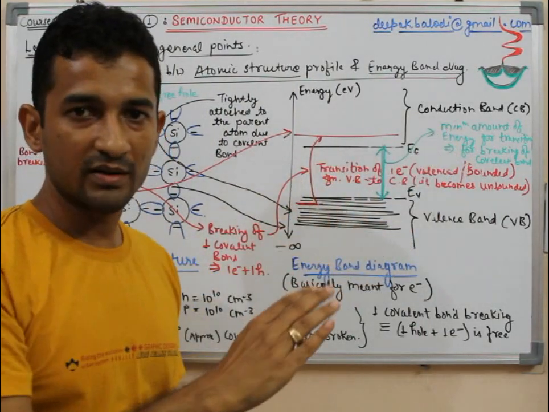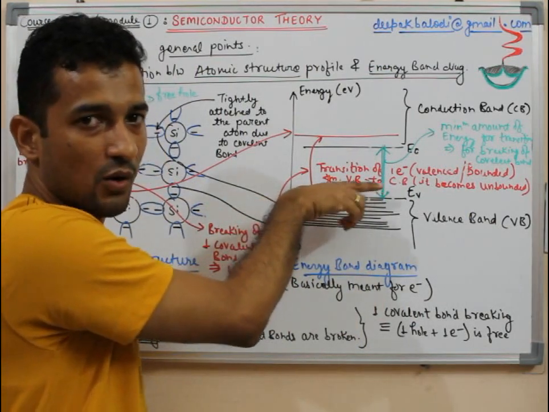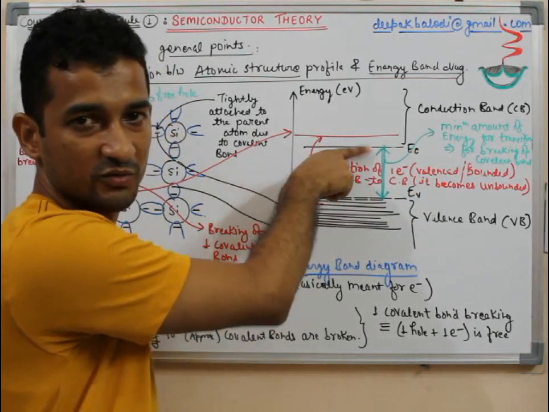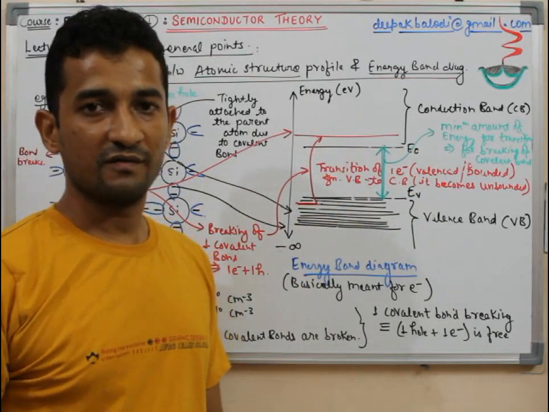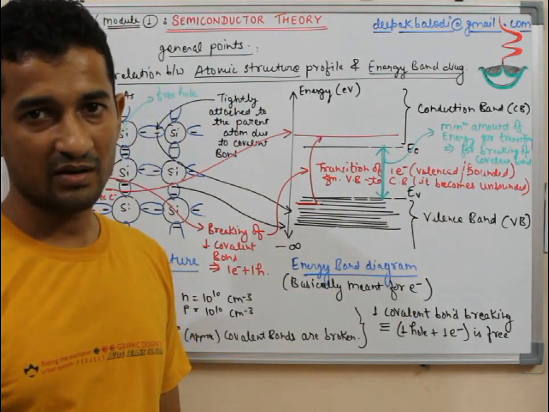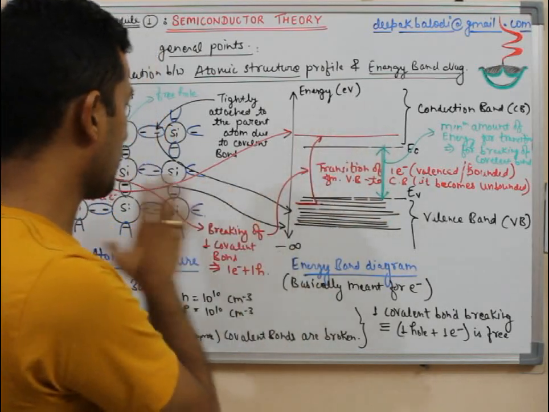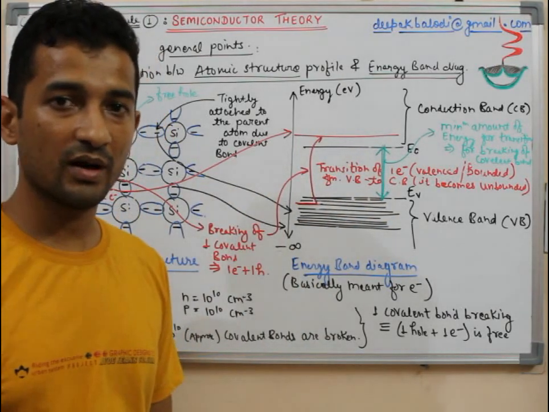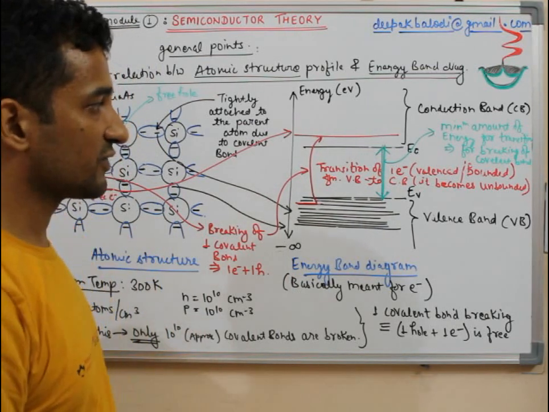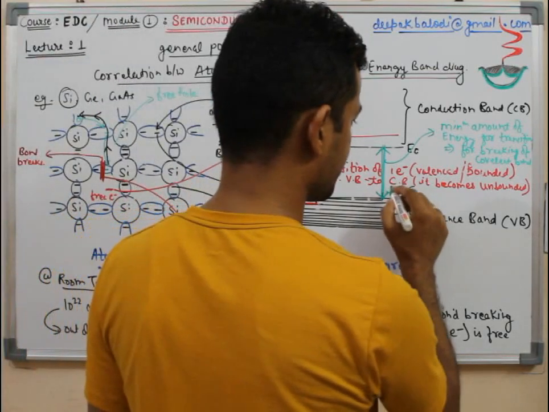Then there is a probability that any one valence electron which is at the edge of the valence band will absorb that energy and will occupy the minimum level of energy possible in the conduction band. If we allow any energy which is lesser than this energy difference, then we won't be getting any transition from here to here, or the covalent bond will not be broken and the electron-hole pair will not become free. So this minimum amount of energy is called the band gap energy.